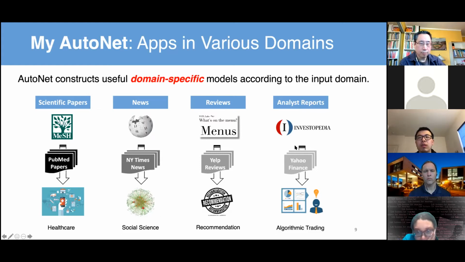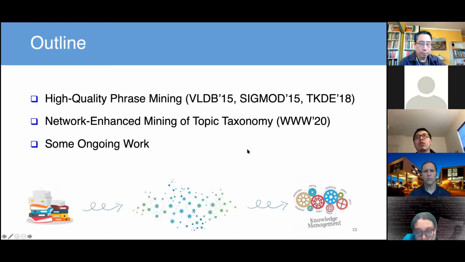Okay, so this is the overview, and we are going to talk about two pieces of work here. The first one is about phrase mining. We will start with some existing popular or classical work, and then move on to a more automated method. The second one will focus on the last step, taxonomy construction. I will give you a brief introduction to entity recognition and relation extraction, but those two require a deeper understanding of neural networks, so I will skip the details here.